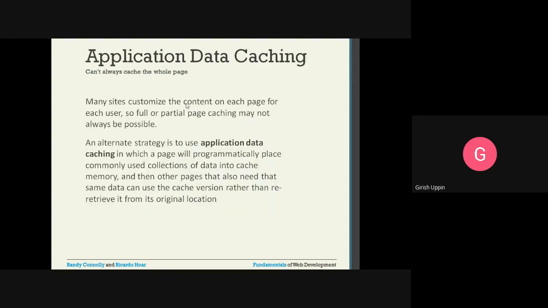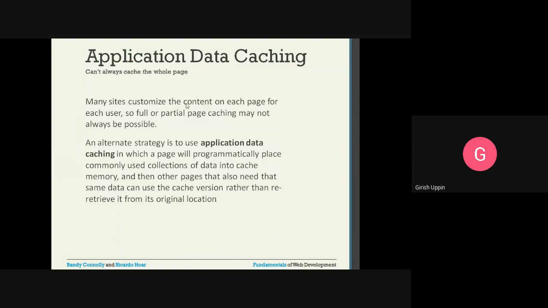Application data caching. We talked about page caching; similar to that, we can do data caching also. In some queries, most probably database queries, some kind of caching is provided. When similar queries come in, we store those results in a cache. Whenever we have a similar query, instead of executing the query, we get it from the cache and send the response.